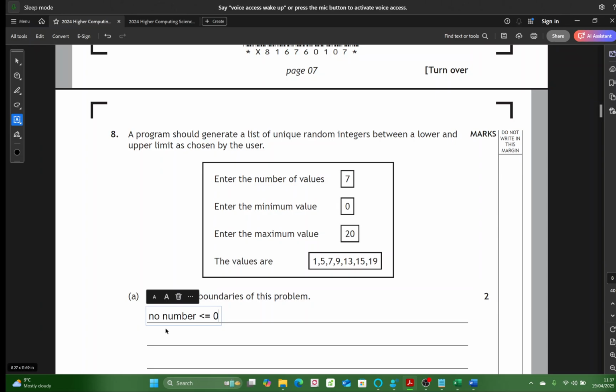Only numbers greater than 0. And the minimum value must be lower than the